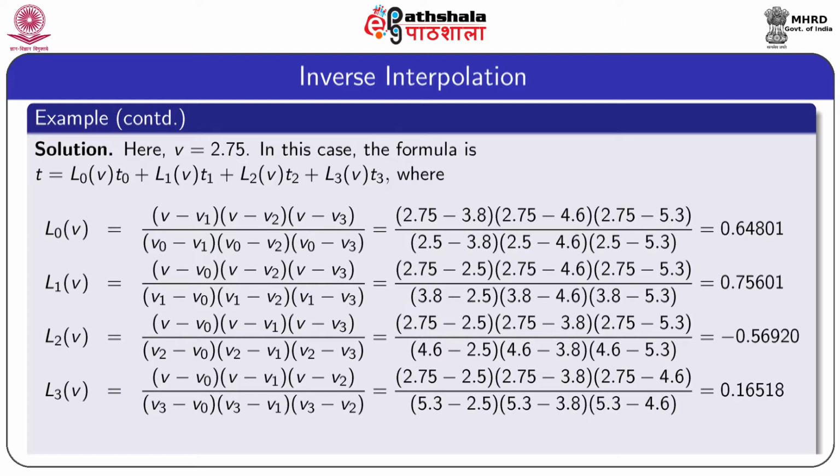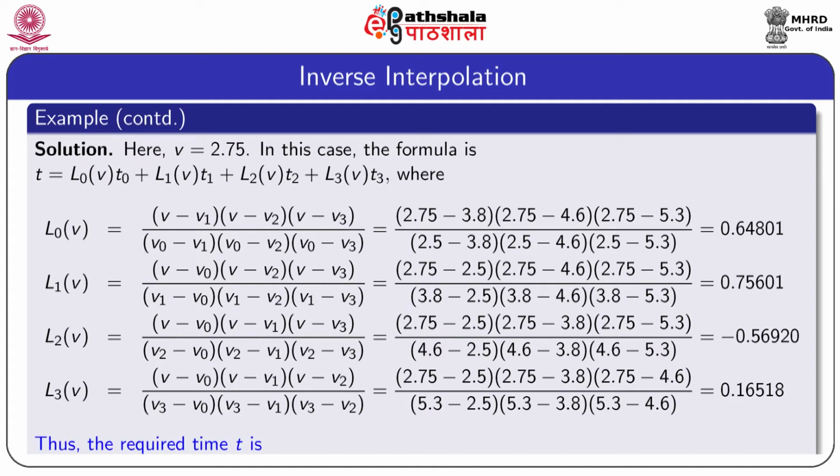Similarly, L1(v) is equal to 0.75601 and L2(v) is equal to minus 0.56920, and L3(v) is equal to (v minus v0) into (v minus v1) into (v minus v2), whole divided by (v3 minus v0) into (v3 minus v1) into (v3 minus v2). After simplification, we get the value of L3(v) equal to